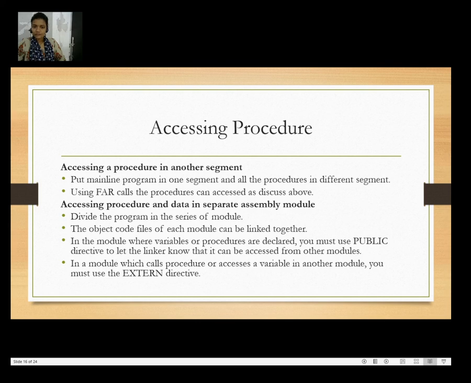And suppose our procedures or data are in a separate assembly module, then divide the program into a series of modules. The object code files of each module can be linked together.